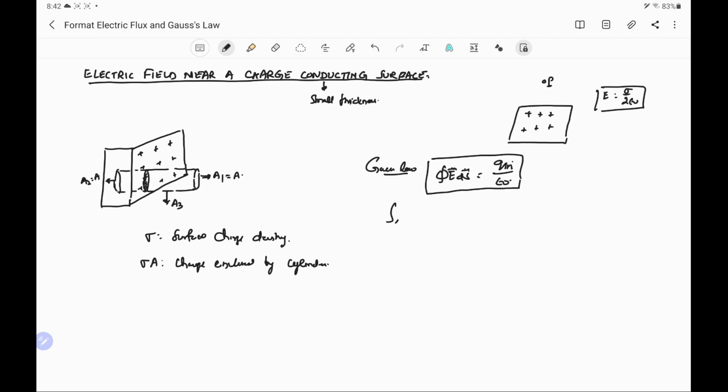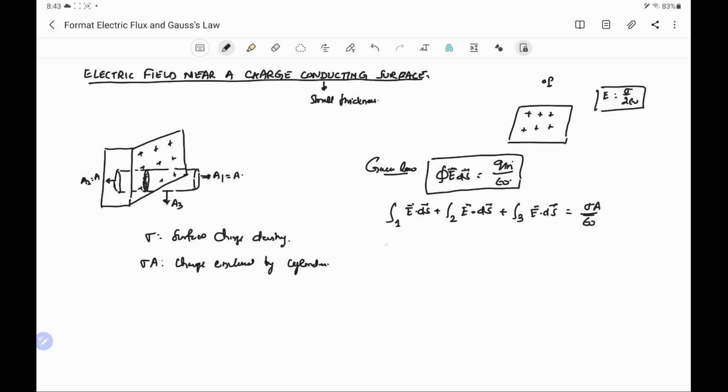the integral for surface 1, that is the circular surface, of E dot ds, similarly for the second surface E dot ds, which is also a circular surface, plus the third surface, which is cylindrical, E dot ds, and it is equal to the charge enclosed. The charge enclosed is sigma A, where sigma is the charge density and A is the area enclosed by the cylindrical Gaussian surface, divided by epsilon